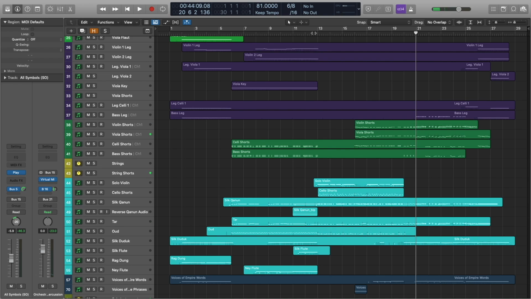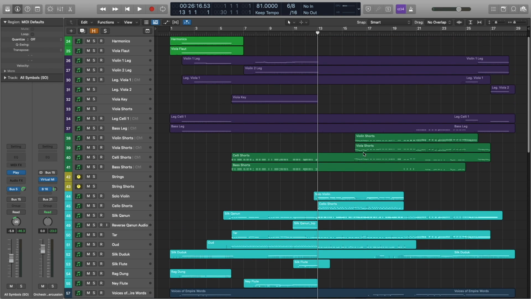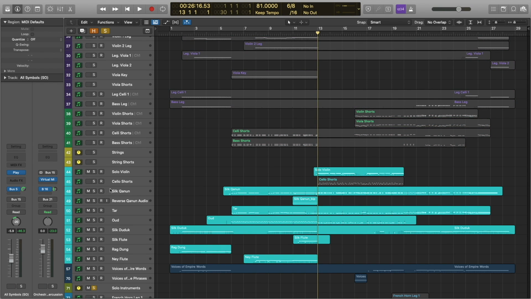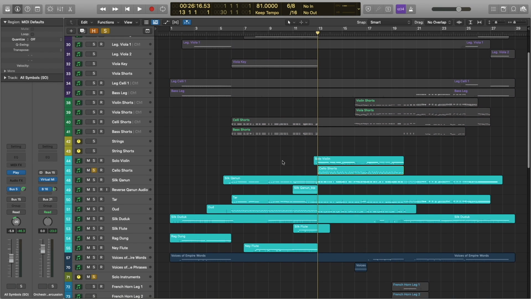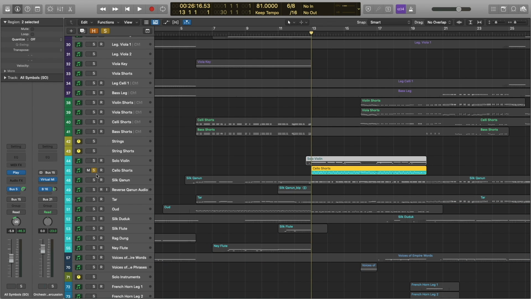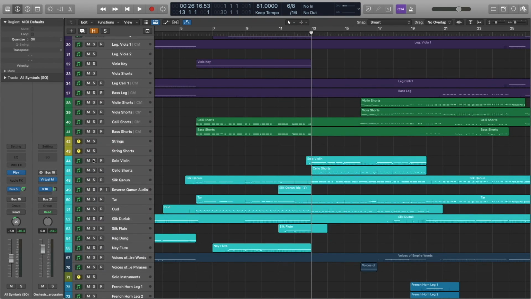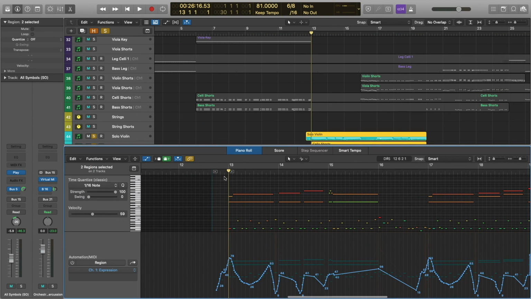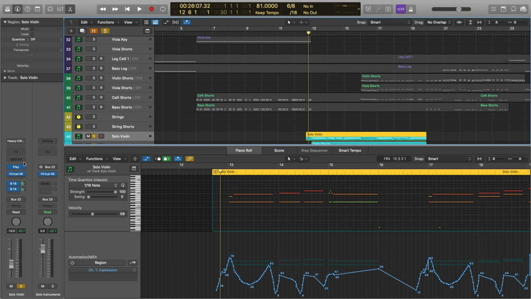All right, let's break it down. We don't have any actual orchestral strings in this first part here. So let's start off with the ethnic instruments. I'm actually going to have to take this a couple instruments at a time because there's just so much going on here. So we've got, I believe, the solo violin from Gypsy.